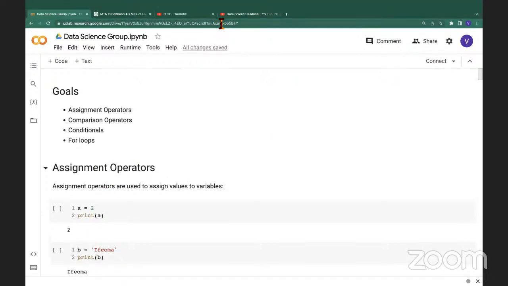So coming to what we have to do today, assignment operators. When you talk about assignment operators, you are talking about operators that are used to assign